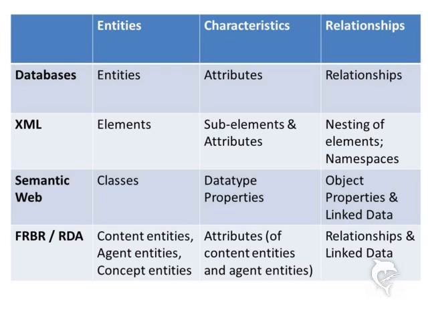And finally, in this presentation, we've learned about Ferber and RDA. And Ferber and RDA understand entities as being content entities, agent entities, or concept entities. They're three groups of entities. Characteristics are attributes, and attributes can be of content entities or agent entities, or also concept entities coming soon. And then relationships in Ferber and RDA are expressed through the mechanism of relationships, and again through this linked data